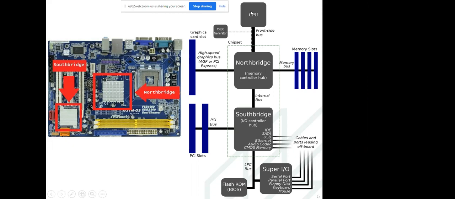So here you can see the CPU is connected by the front side bus, and the clock generator is there. Then the memory controller hub is there. This is the memory controller hub, and this thing which you are seeing right now, this is the bridge, but this upside, this is actually a cooler. Actually, it's a metal cooler.